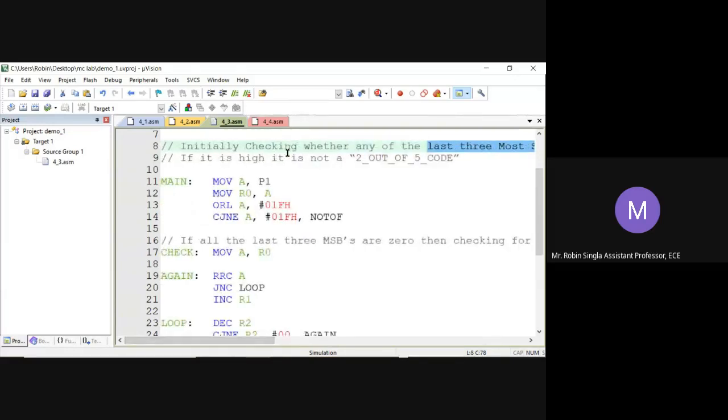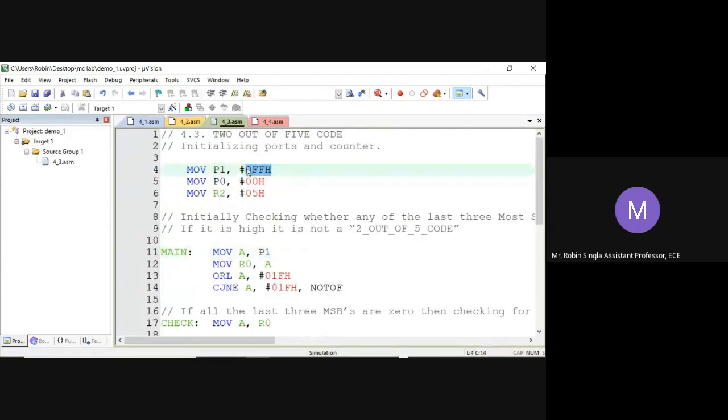If any one of the three most significant bits is high, then it is not a 2 out of 5 code. So first we will check whether the three most significant bits are 0 or high. Our number has been given through port 1.